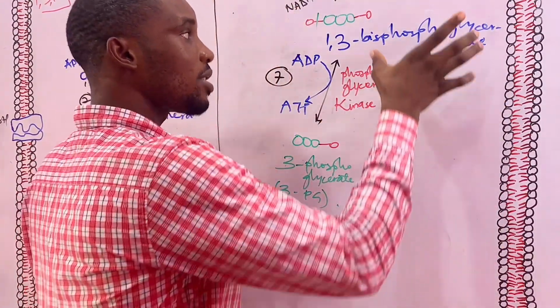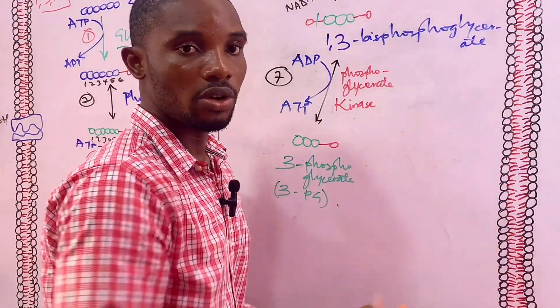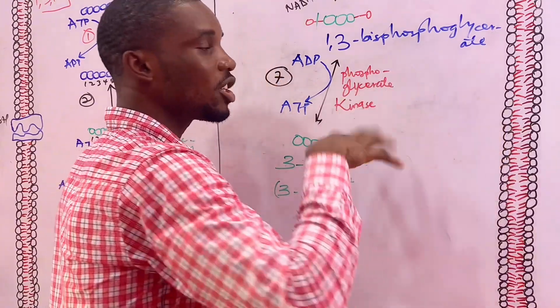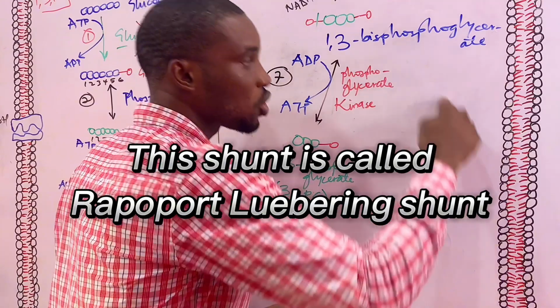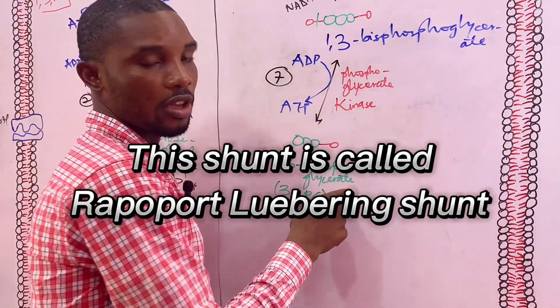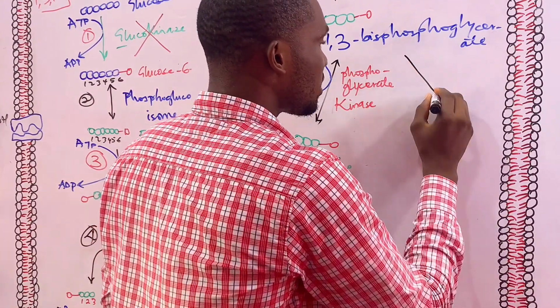It's not all the molecules that are undergoing glycolysis that are at this stage that can enter this other pathway. So it's more like a shunt. Some go through here, while some are shunted to another place and then come back here. Okay. So let me explain that. There's an enzyme that does this, and then in this reaction,